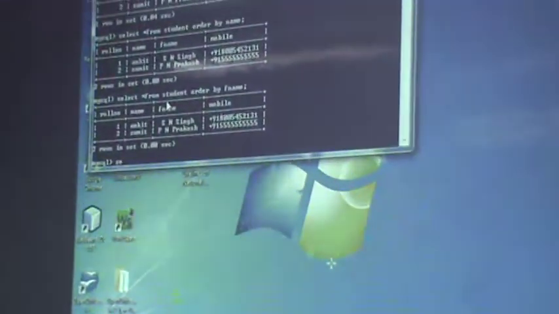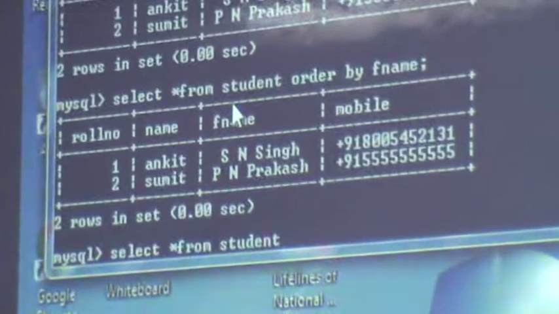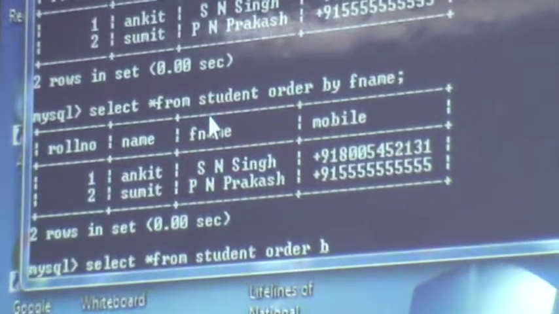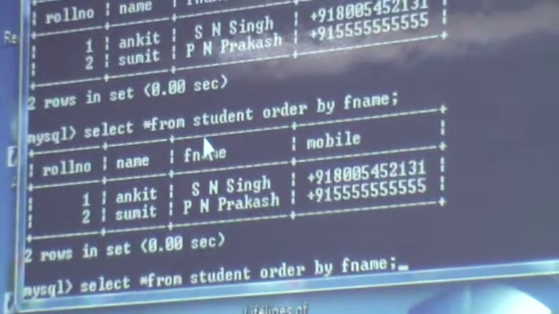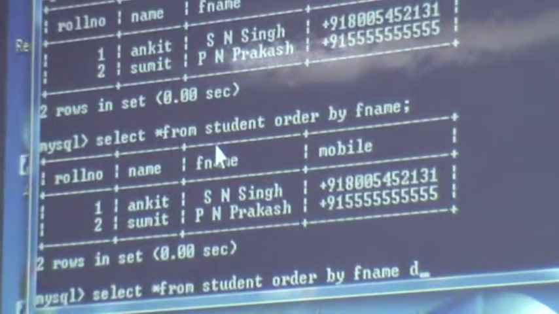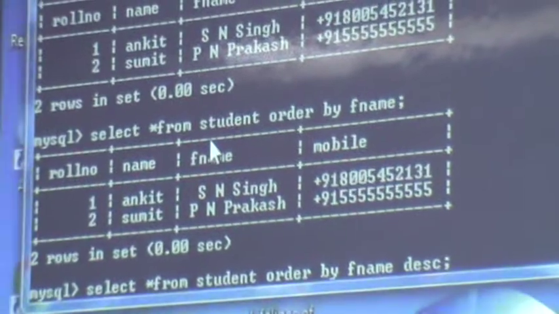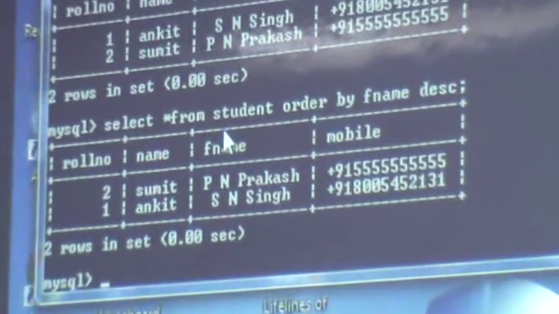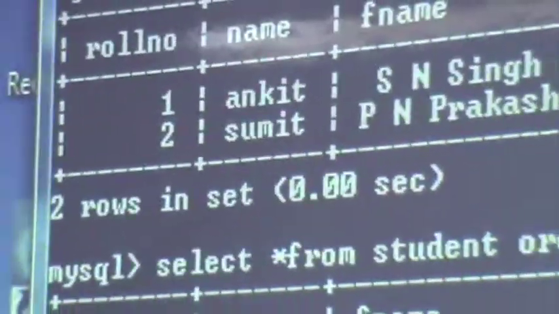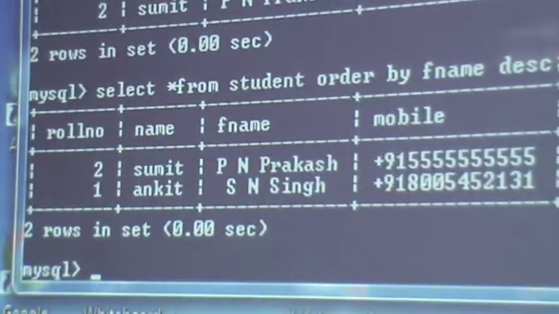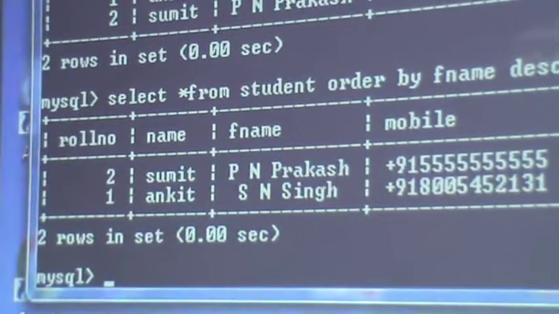Suppose you want to sort in descending order, then you will use DESC with the order by command. Order by name DESC. Now it is sorted. You can see here, Sumit, PM Prakash.